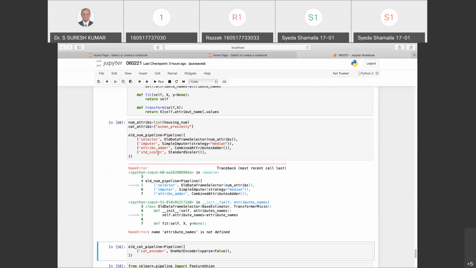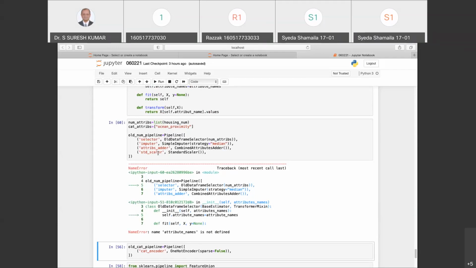Attribute name not defined. Self attribute name defined in init. See the selector. It is not able to find the selector. What do we do for this?